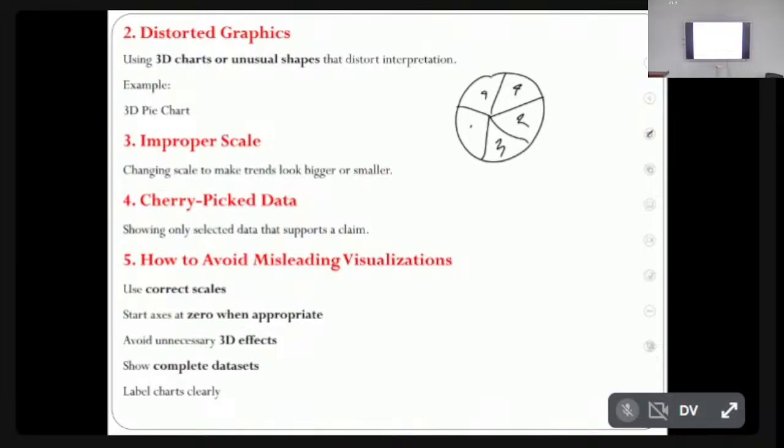Now, can anyone give me a simple example of this? A real example. Tell me, anyone? For example, you go to buy a